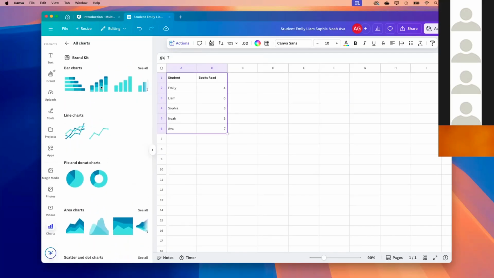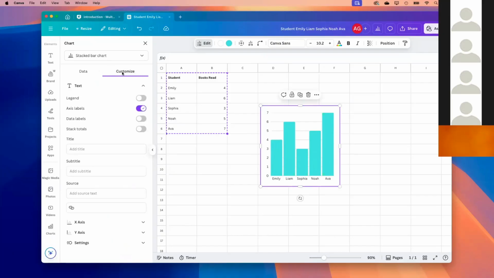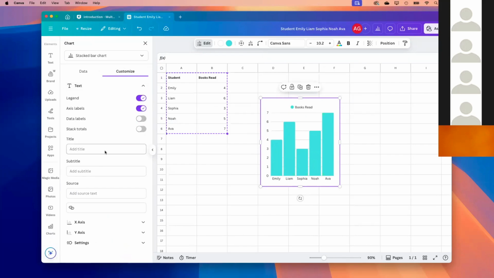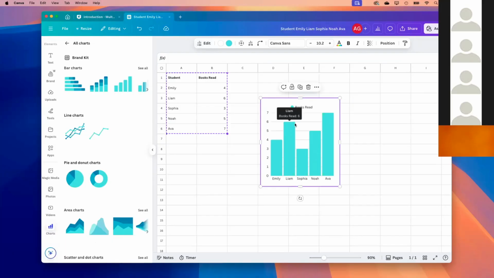And if I want a nice visual for this data, I'm able to just click on the type of chart I'm looking for. And then from here, I can go in and customize the options as well. So you can include a legend, you can include some data labels, a whole bunch of different options. You can add your own custom title, etc. So really neat feature. The other thing I really liked about Sheets that you may or may not find useful,